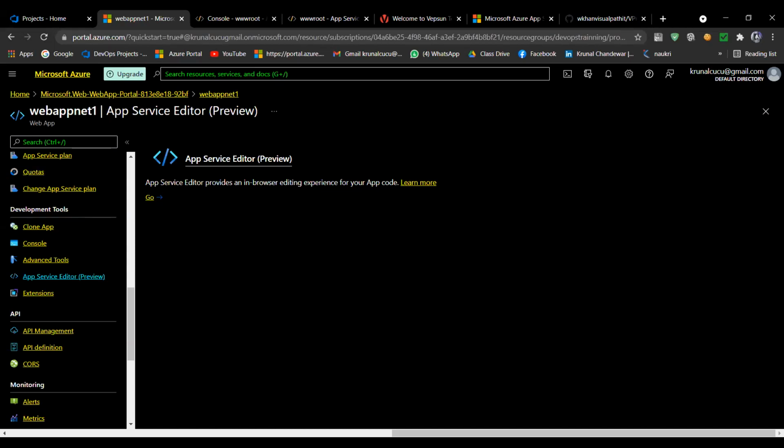Now I want to test this web app in my Visual Studio. Last time I told you, for Visual Studio you have to go to this link and copy this.